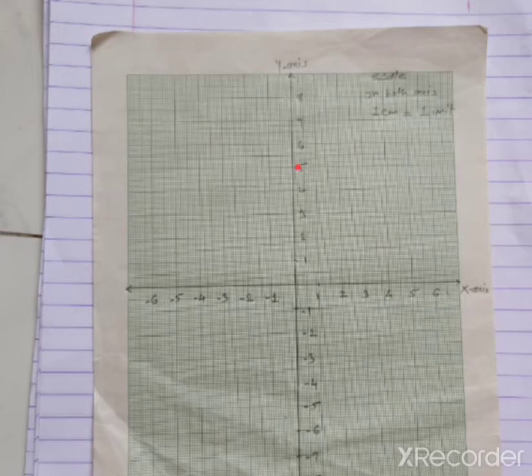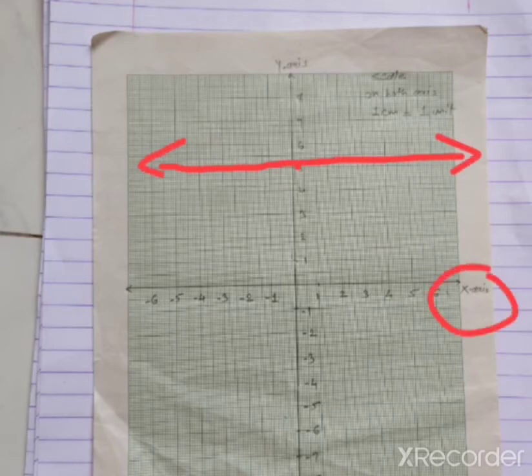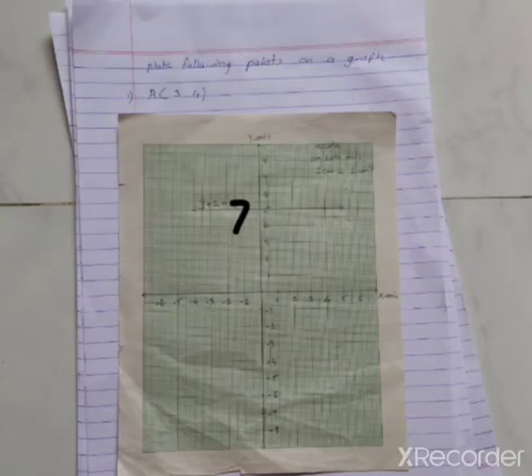So again draw one straight line which is passing through this plus 5. This line is parallel to x-axis, which is exactly opposite to y-axis, and write down its equation, that is, the given equation y plus 2 is equal to 7, parallel to it. So this is our answer. This line is the line of y plus 2 is equal to 7.